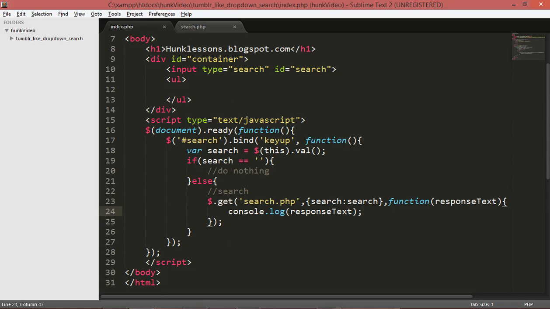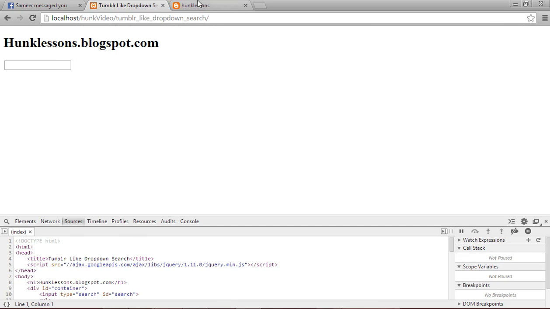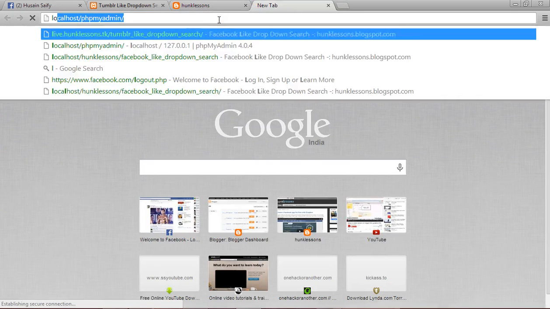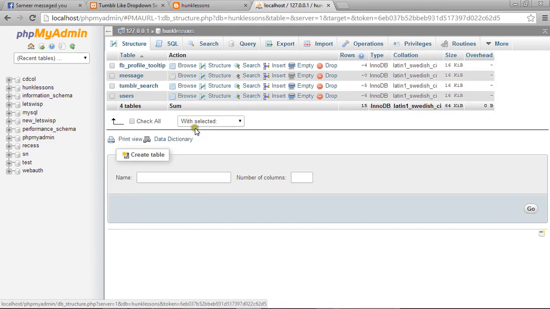Okay, now we'll make a database. We will go to phpMyAdmin, to my hunk lessons database. I will create a new table named search, and we will give it